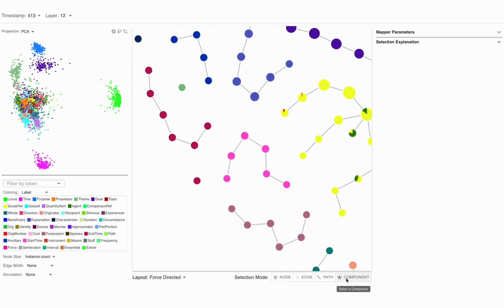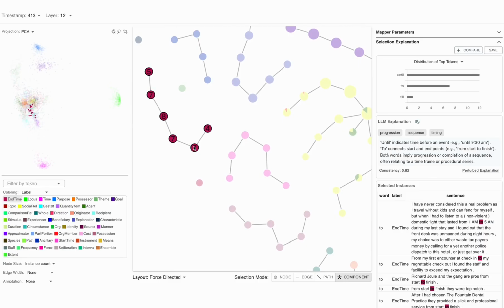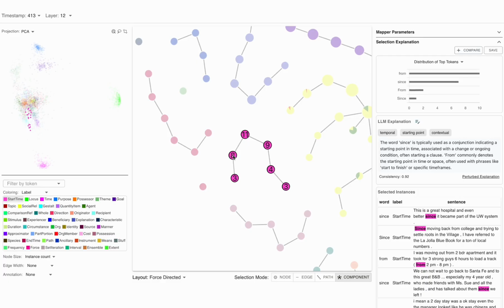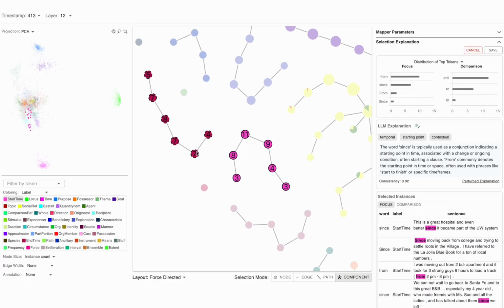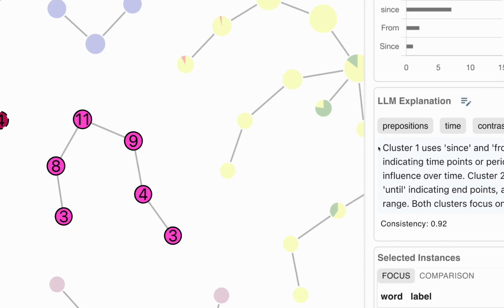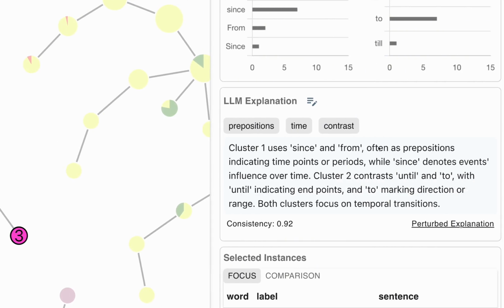In the final layer of the fine-tuned BERT model, we observe that temporal prepositions are contextualized such that words indicating end time, like until, and start time, like from, are largely separated into two distinct components. We then compare the two components and generate a comparison explanation with a high consistency score. It says one component primarily uses since and from to denote starting points, while the other uses until and to